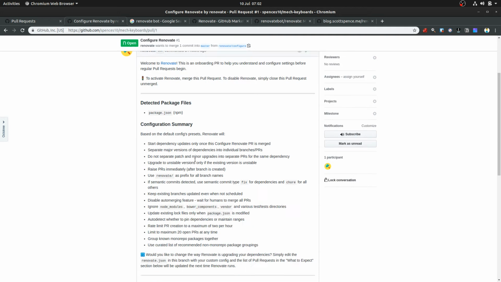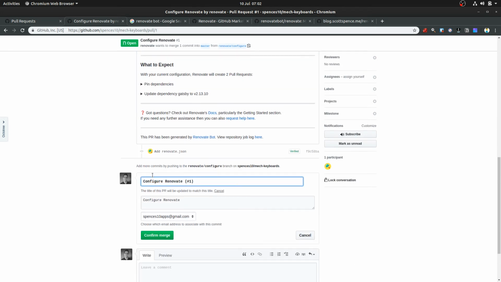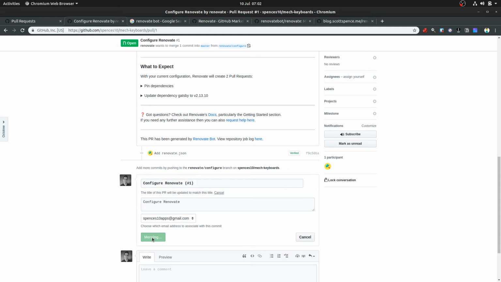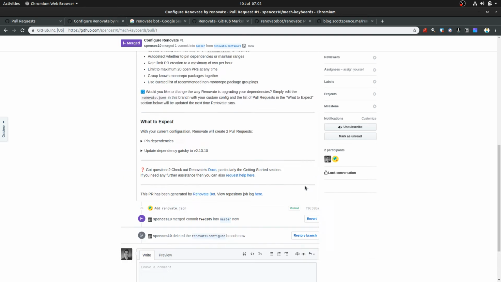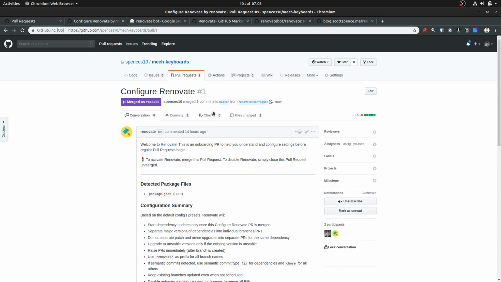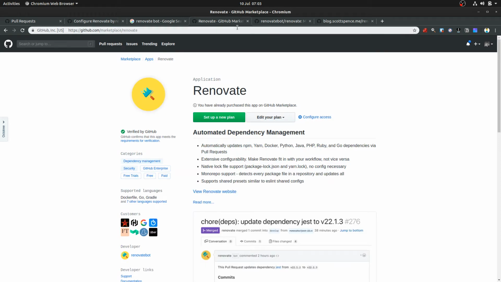So I think to kick things off, we'll just go in and merge this into the master branch here. And we'll take a look at the file actually, which is just this file here. We get this configuration file, and we get this information from